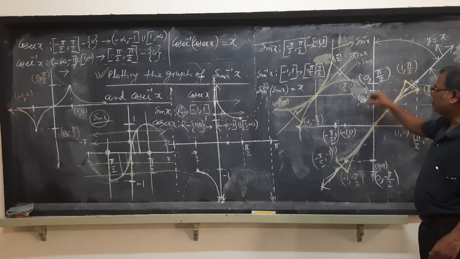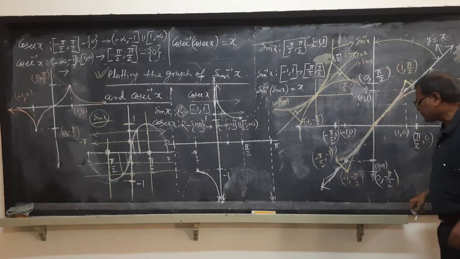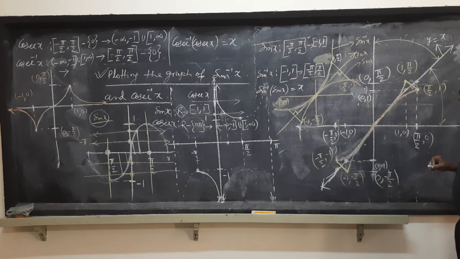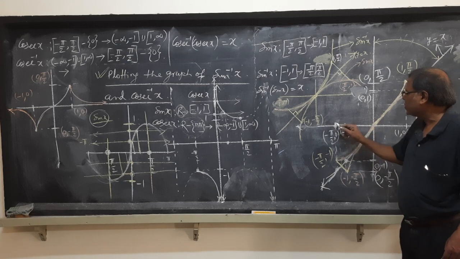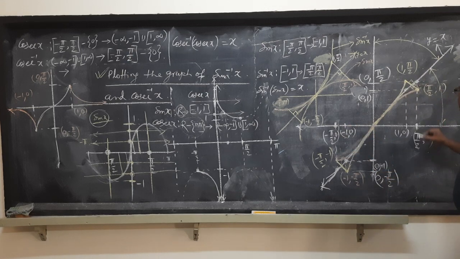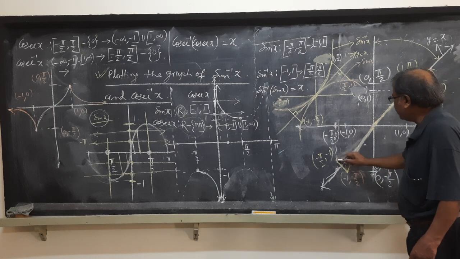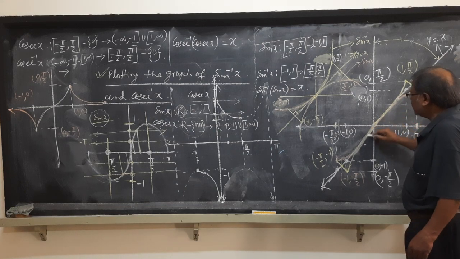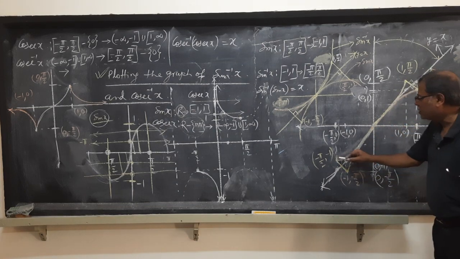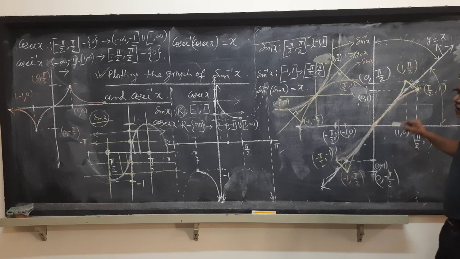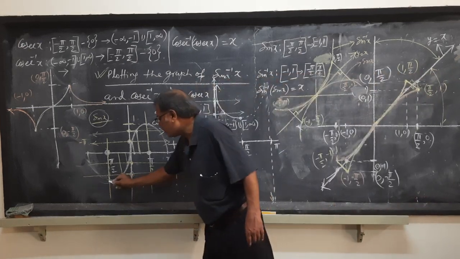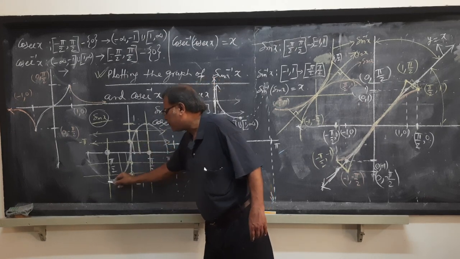As you see over here, again we have taken the x axis and y axis, and we have taken various values of x. That means this point is representing pi by 2 comma 0, and this point is representing minus pi by 2 comma 0. This pink color graph is representing the sin x, as was shown over here, if you remember. That I have drawn in the pink color over here.